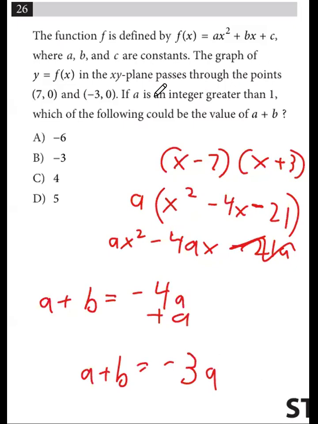And we're told that a is an integer greater than 1. So that means a would have to be 2 or more, which would mean that the only answer choice here that works is negative 6. We're told it's an integer, so it has to be some multiple of 3. And it's positive, so it has to be less than negative. So correct answer is